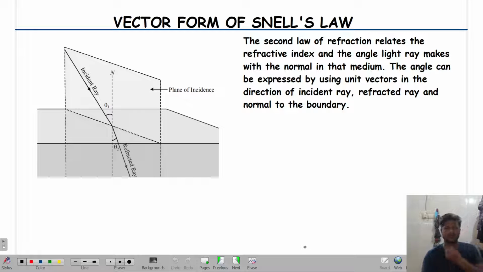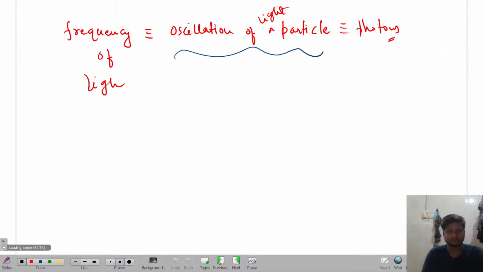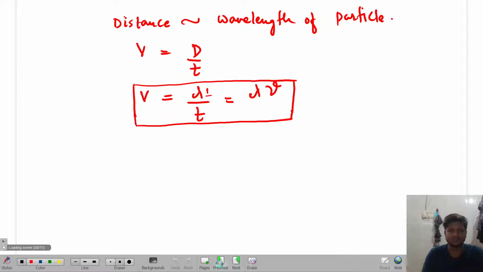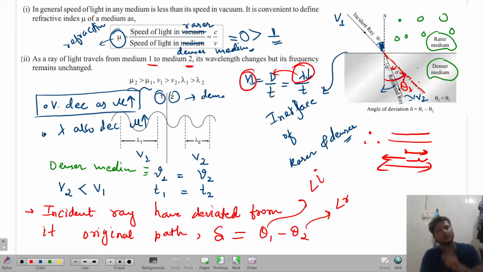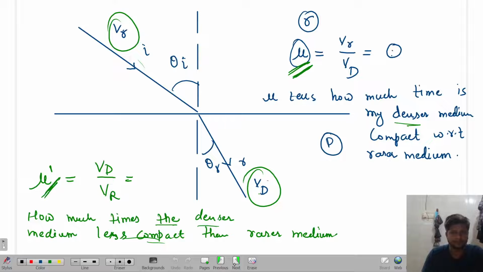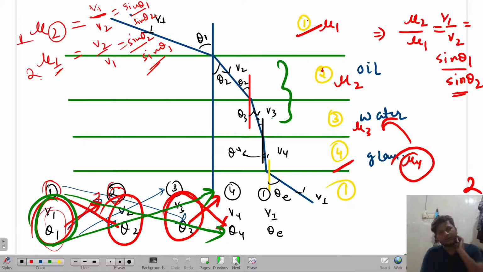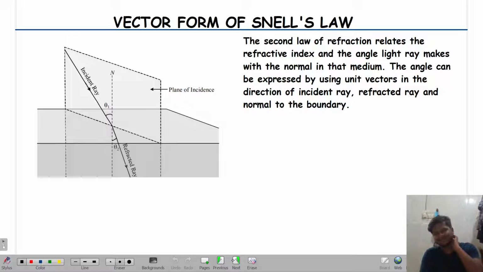So we are going to start right now. Yesterday, in the previous class, we did all of the basics of refraction: what is called refraction, what is going to happen, the light vector, and all of these kinds of things. But right now, we are going to basically understand